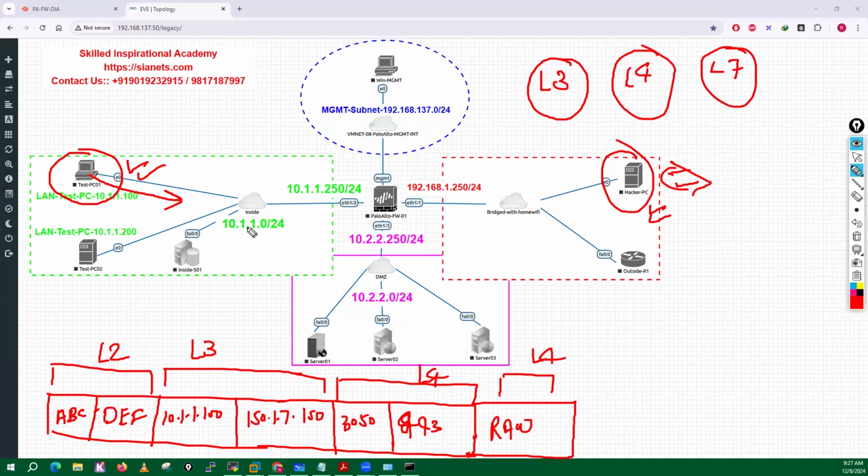Because MAC address will change. Let's suppose we have a switch here, then MAC address usually changes hop by hop. So I hope guys this is clear to everyone. Layer 3, layer 4 and layer 7 information will be common in this particular packet throughout